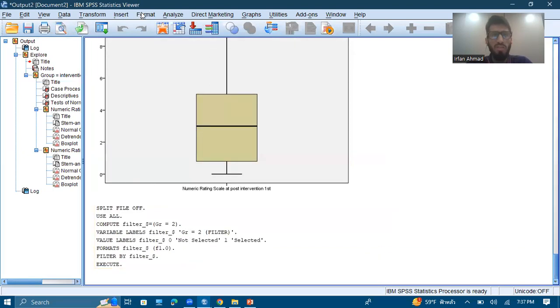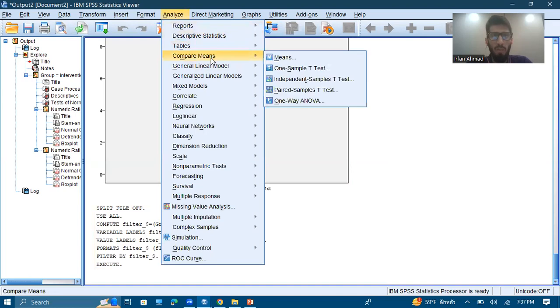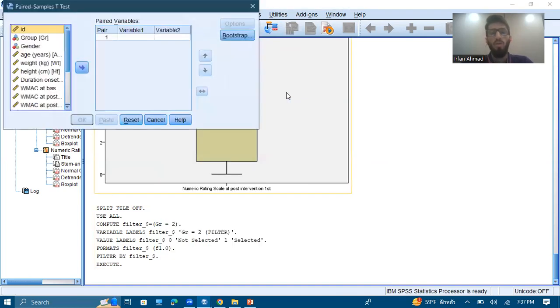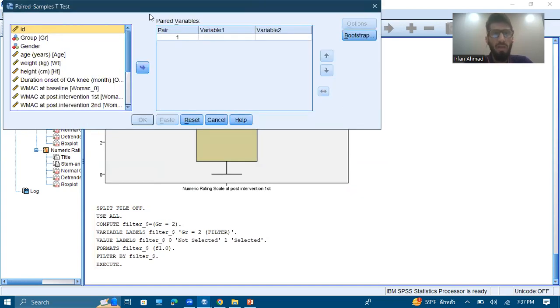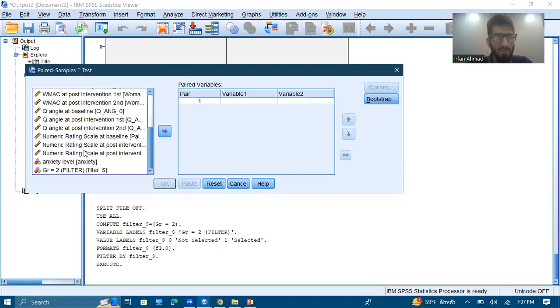Okay, so now we come to perform the final paired sample test. We will come to Analyze, then come toward Compare Means, then press Paired Samples T Test. Okay, so when you select it, you have to come here, and then we need the pair, where this one is numeric pain rating scale baseline, transfer it here, and numeric pain rating scale at post second intervention. Okay, post second intervention,